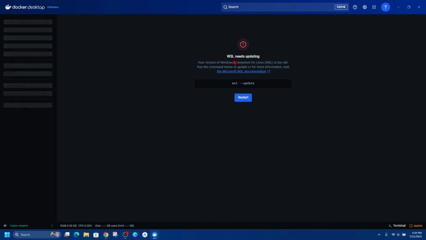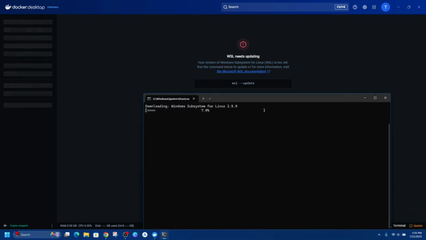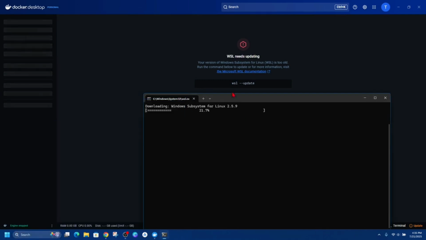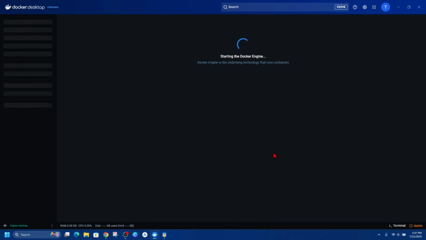Now, if you get this, WSL needs updating. Your version of Windows Subsystem for Linux is too old. Go ahead and run the command below to update. Basically you're just going to click on your Windows key, type in run, open up your command prompt and paste that in. That's going to update your Windows Subsystem for Linux. So yeah, just let that do its thing. I'll pause this video once this is completed. Alright, now once you've done that, go ahead and restart Docker Desktop, and then it should say starting the Docker